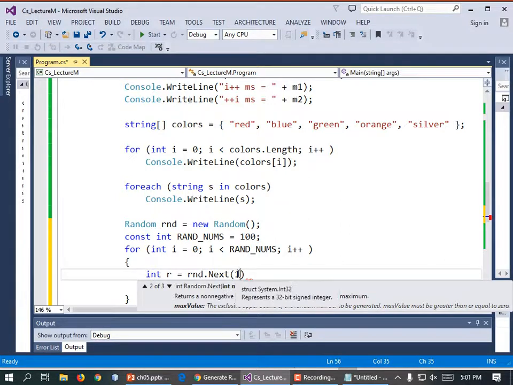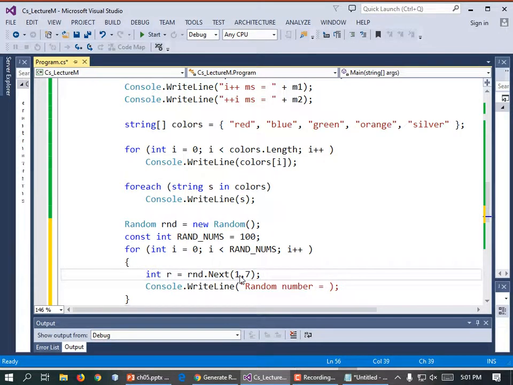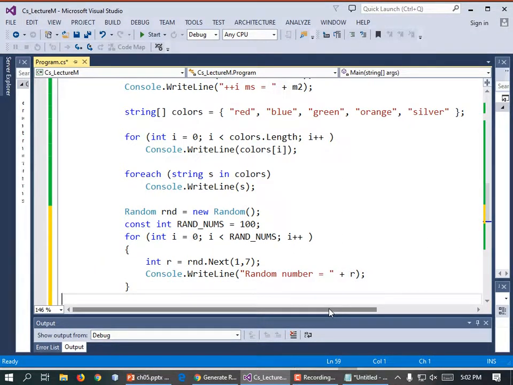If I wanted to go up to 6, I'm going to have to make this (1, 7). And then down here I could say "random number = " + r;